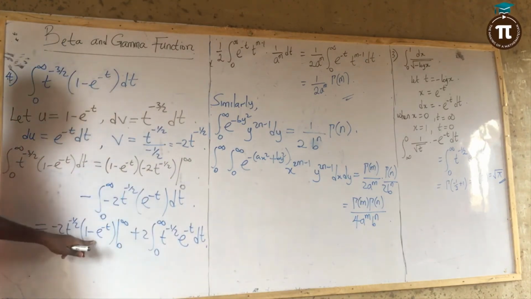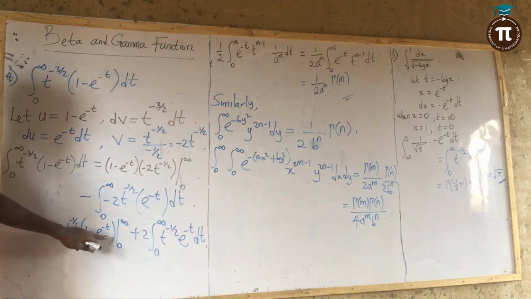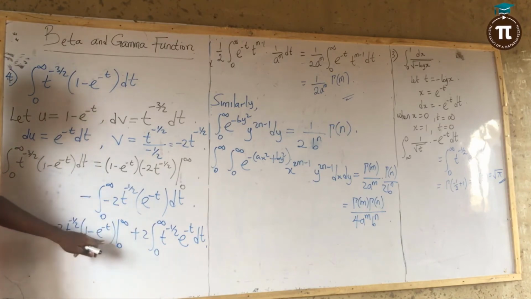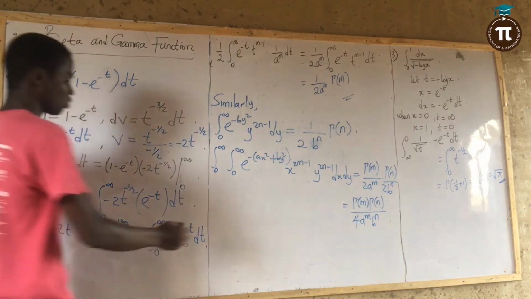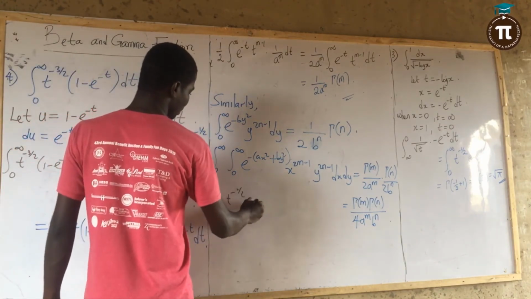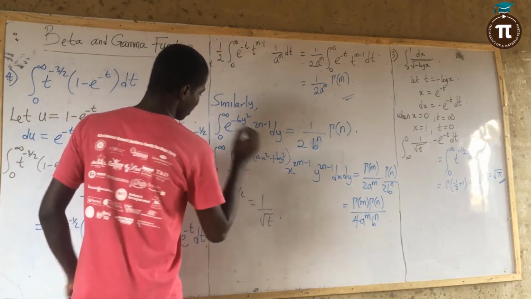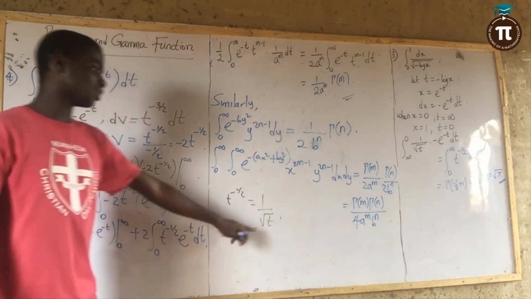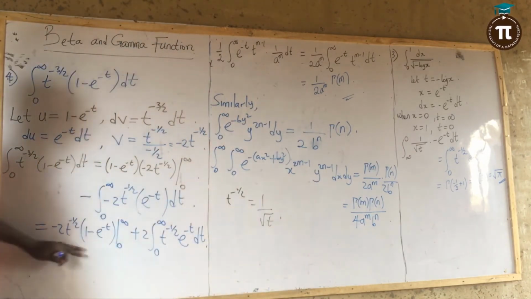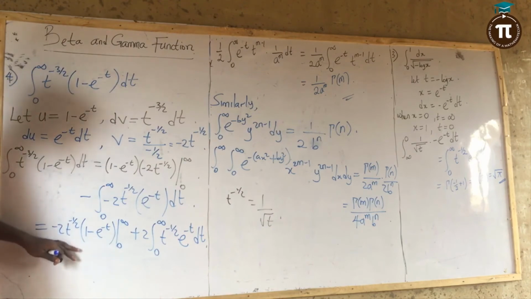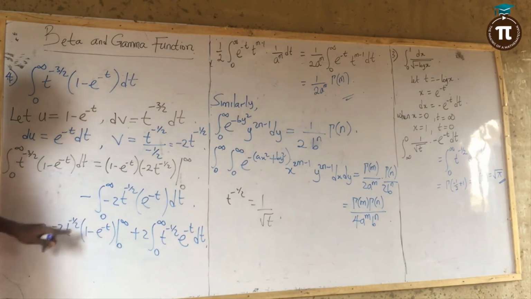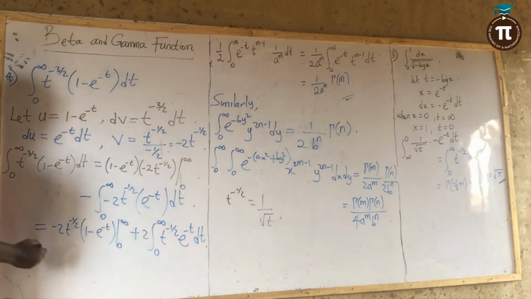When you put infinity here, 1 minus e raised to the power negative infinity is 0, so 1 minus 0 is 1. But don't forget, t raised to the power of minus 1 over 2 is 1 over square root of t. As this one goes to infinity, this one also goes to 0. So this one will be 0. When you put 0 here, 0 multiplied by anything will be 0. So in reality,